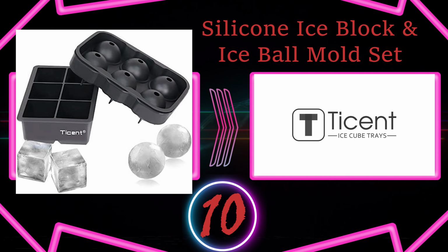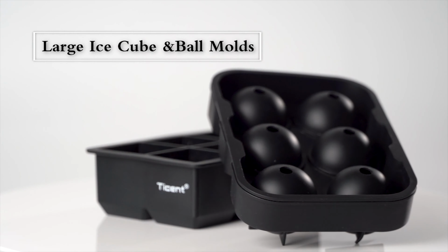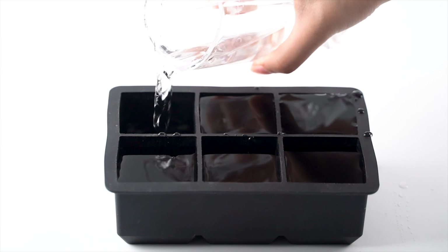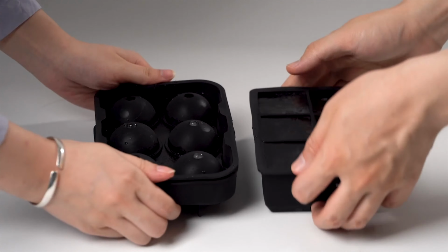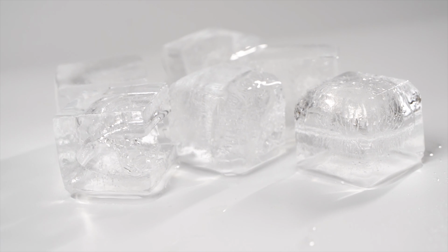Number 10. Silicone Ice Block and Ice Ball Mold Set. The popularity of all things whiskey in the last few years has been tremendous. If you are a whiskey aficionado, lover, or admirer, these are the silicone ice molds for you. These durable silicone ice molds make 6 of the most perfect large single cubes and 6 2-inch sphere ice balls